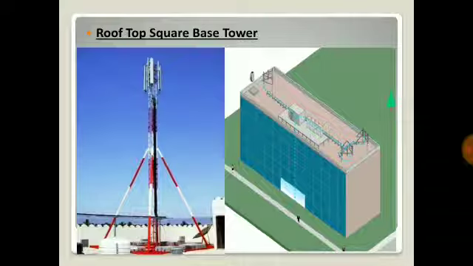Rooftop square base tower. It provides coverage up to 1.5 to 25 miles. A rooftop cell site is built when antenna and transmission equipment are installed on the building roof. Its antennas and equipment are placed on the roof, typically with the antennas mounted near each other. Most rooftop cell sites include 3 sectors which are pointed at 120-degree intervals from each other. There are typically between 2 to 4 antennas per sector. Its backhaul is either microwave or fiber optic cable.